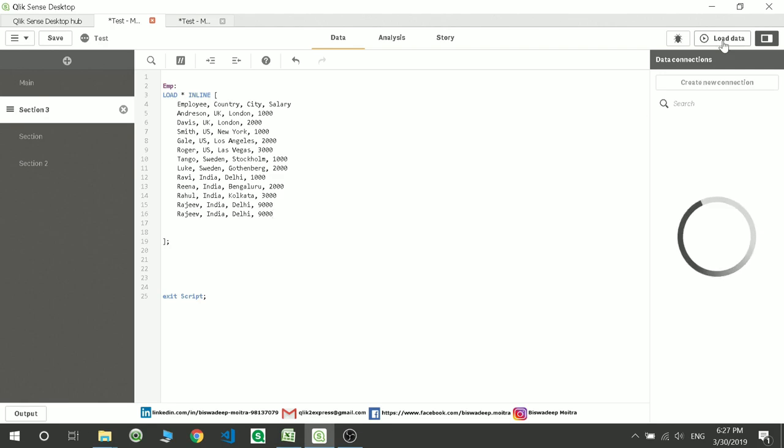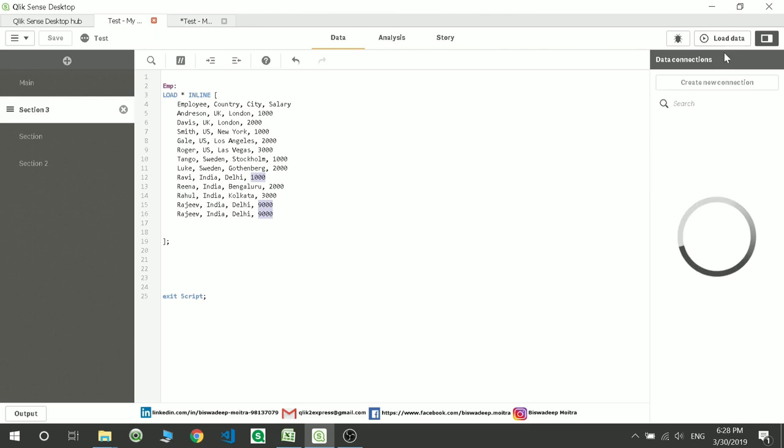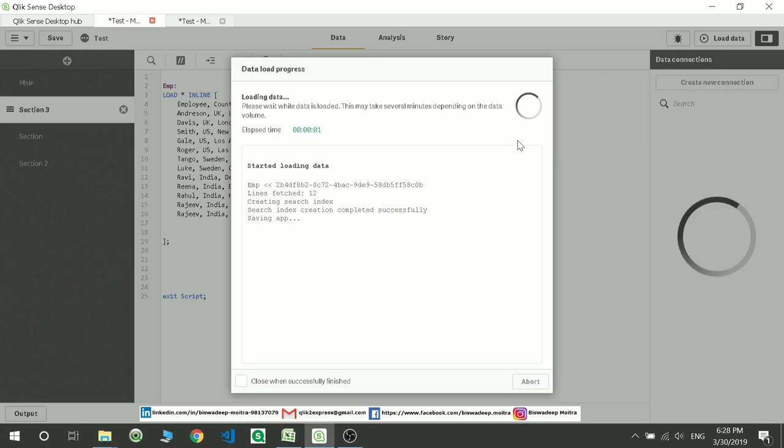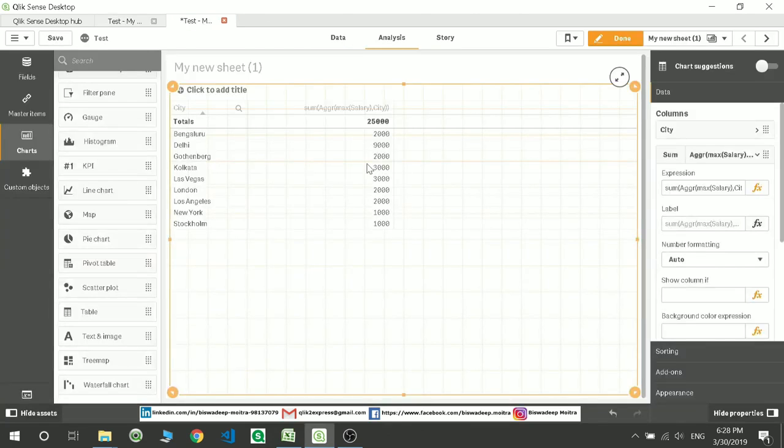If I save this, you can see I have three records for Delhi, but the maximum of these is 9000. Either one of these records will be considered. If I load this data now, you will see there is no change in the value. Out of these three records, 9000 is the maximum, and it is giving you that value.